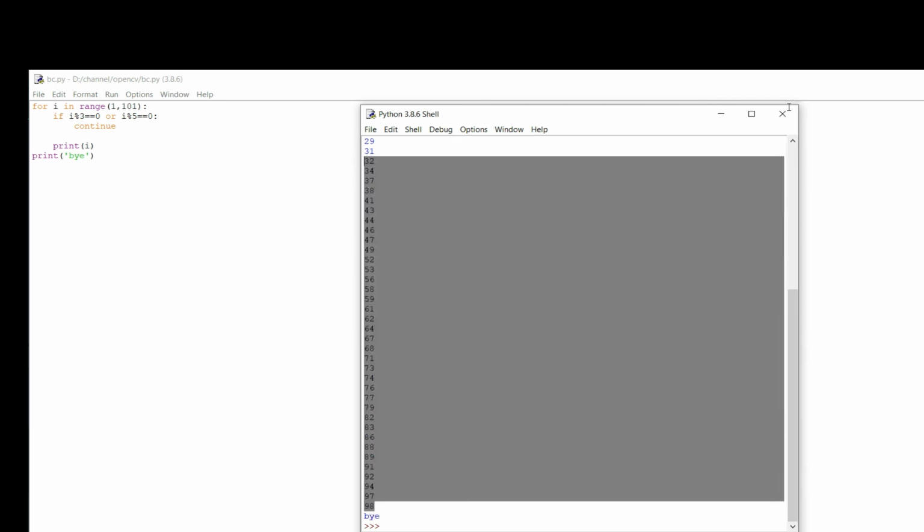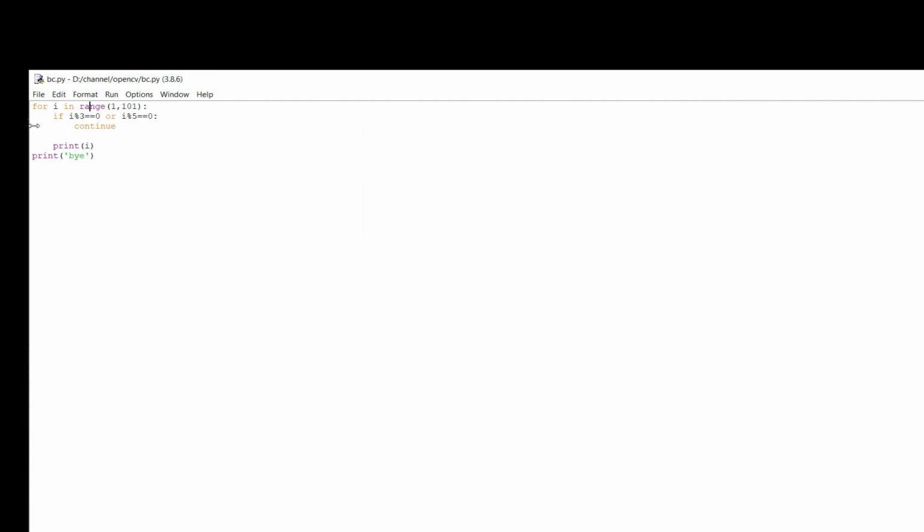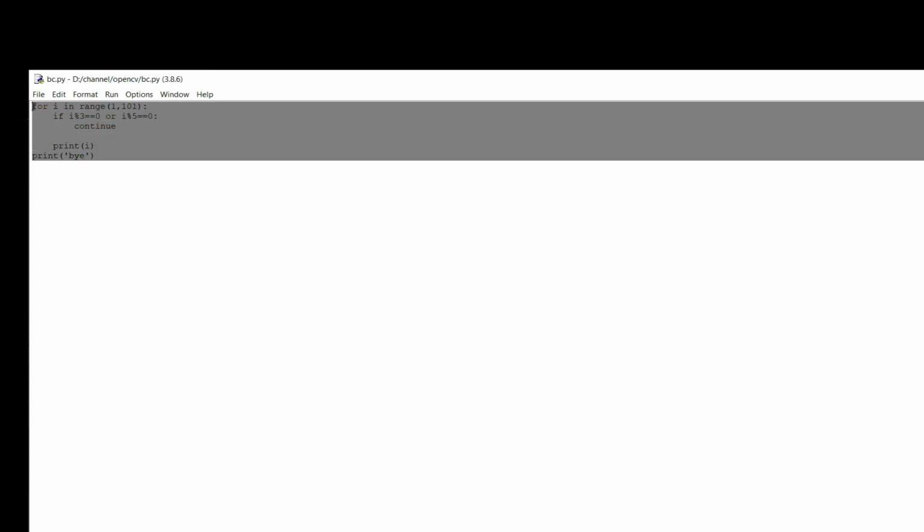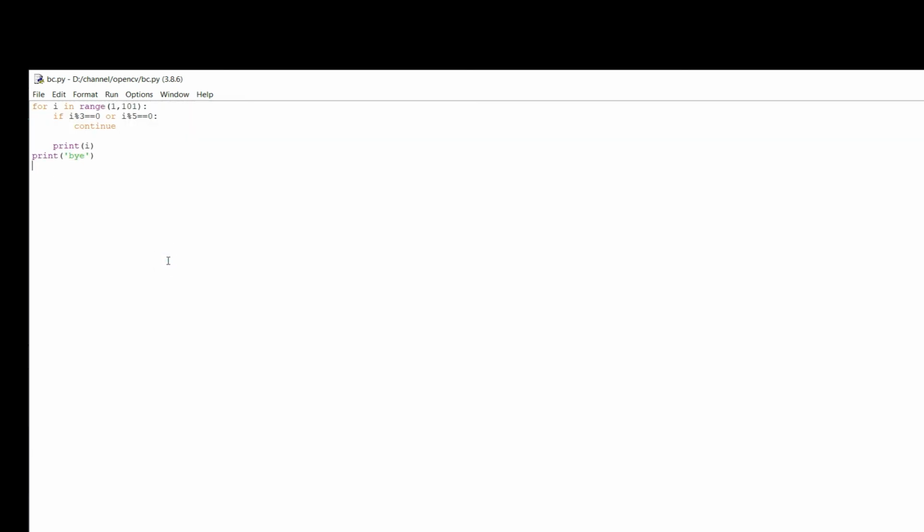It means when those numbers which are divisible by 3 or 5 come, it continues. It is not printing the values, but it keeps running the loop until the values have been completed. For 3, 3 modulus 3 equals 0, and for 5, 5 modulus 5 equals 0, that is true. So it is evaluated to true, so it has to continue again. It need not print the values because we are de-indented here itself.